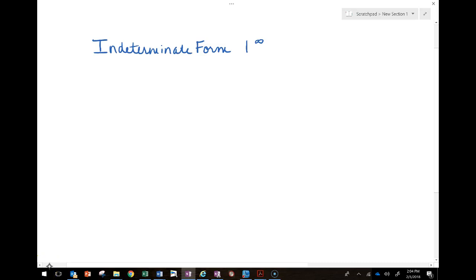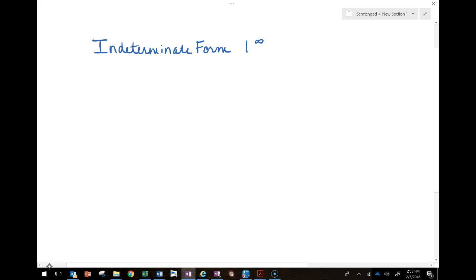So as promised, here's taking a look at the indeterminate form 1 to the infinity. If we were really just looking at 1 to the infinity, it would be 1. But we are looking at a limit of something that is approaching 1, and so there's always some residual. There's something added onto 1, even if it is very, very small. That residual, when you raise it to the infinity power, usually adds on to the 1 and gives you something